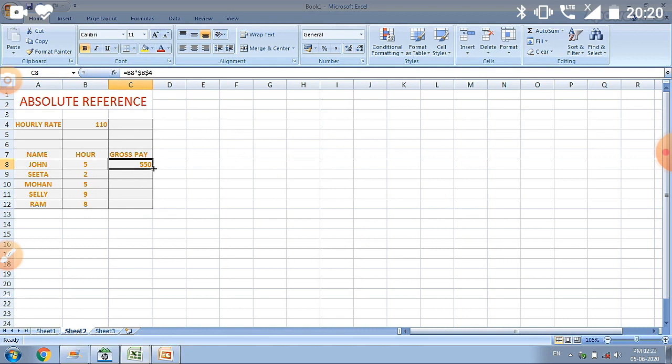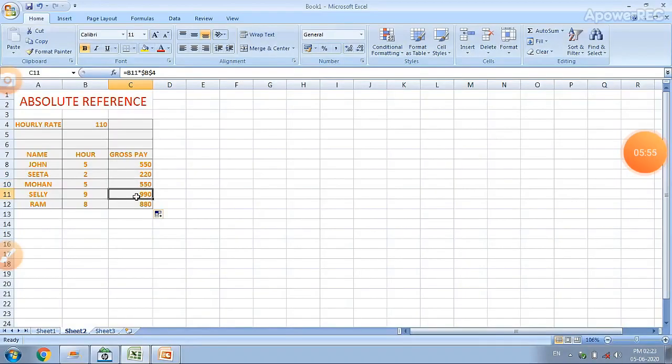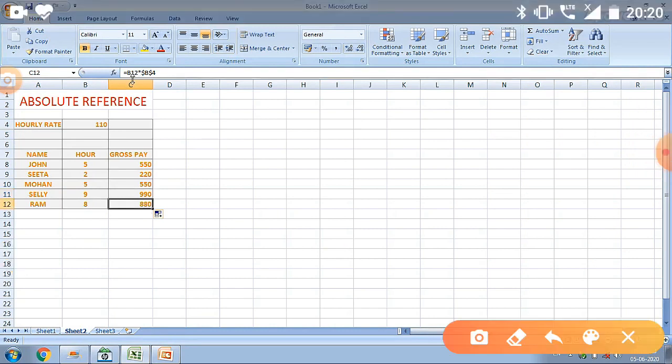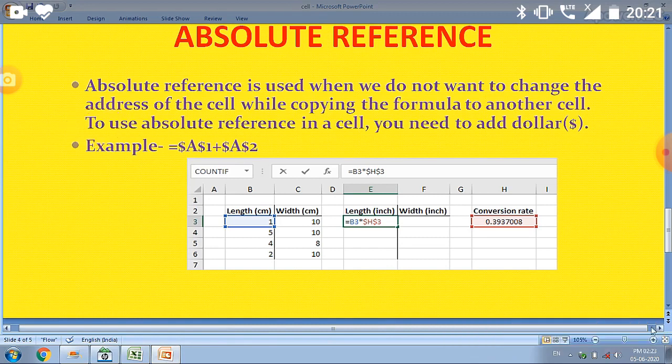Now I am going to drag it to calculate. Now we will check the cell address. You can see B11, B12 automatically changed, but B4 is not changed. It is automatically fixed. We always multiply by this, and B8, B6 automatically changed.